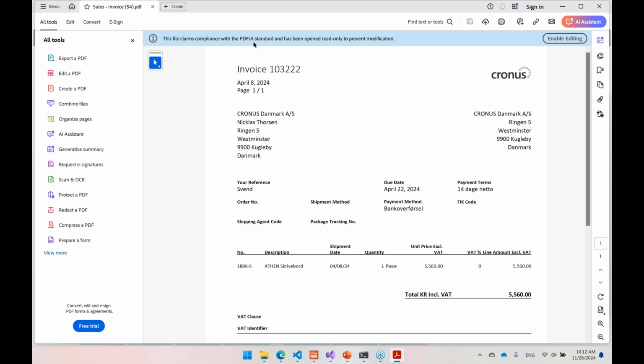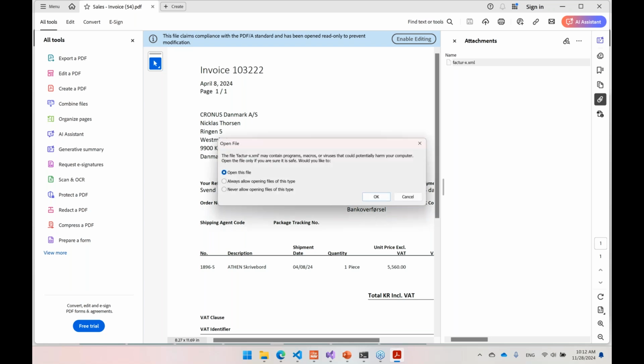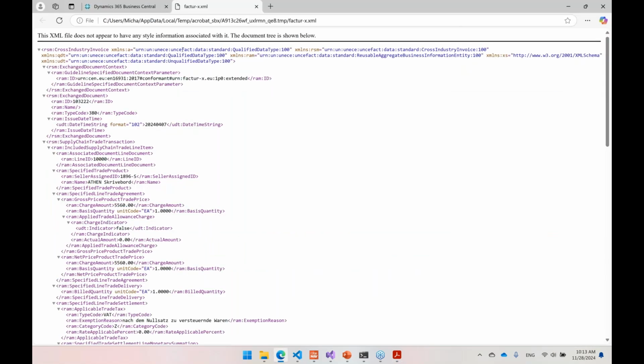So we found out that the piece that Microsoft is using does not produce valid PDF/A documents, but that's another story. But our component does, and we have validated this against the ZUGFeRD tests and also other tests. So this is one thing you need before creating a valid ZUGFeRD document. The other thing is that you need to have a document attachment in here, and it has to be called Factur-X. Now, if I open this file, you can see this is an XML document, and this is the standard XRechnung document that we produce.